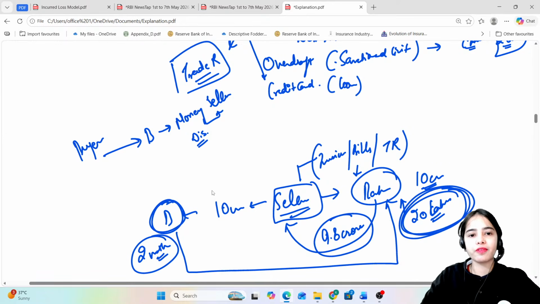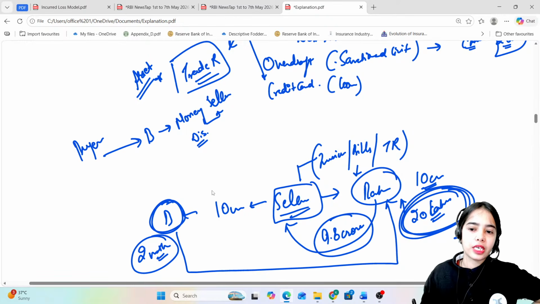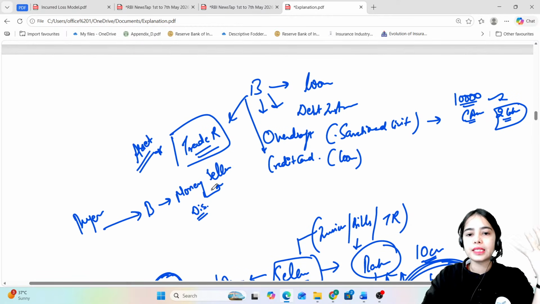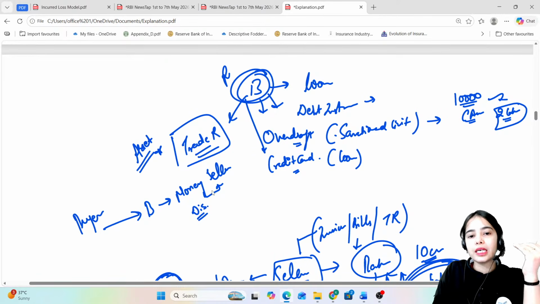So this is the trade receivables. This is also an asset that the bank invests in, because here also the bank is earning some returns. So all of this is the asset for the bank. Even the loans, the debt instruments that the bank has purchased, the overdraft facility, the credit cards, these are assets for the bank. But all of these have some risk attached.